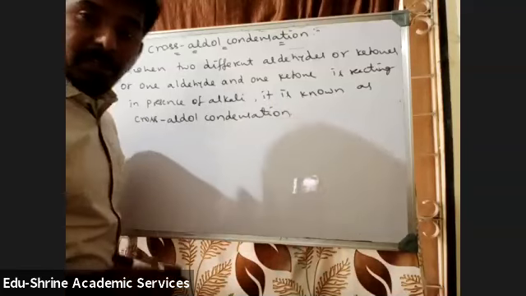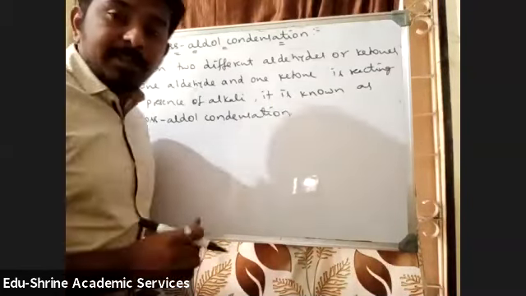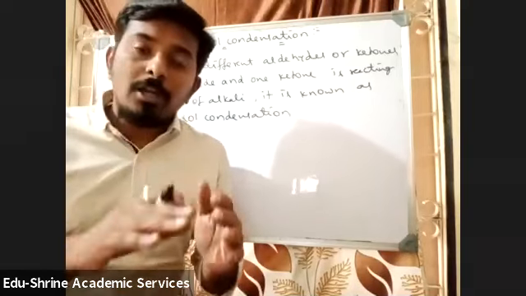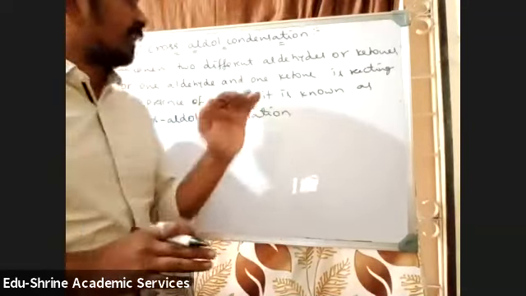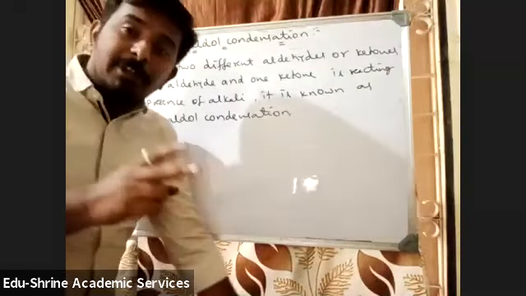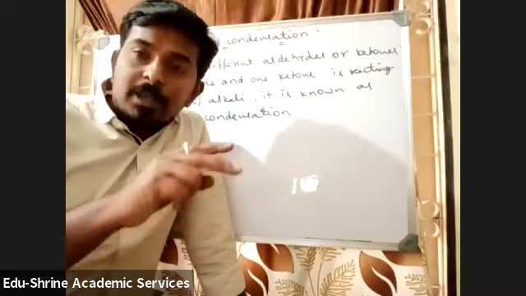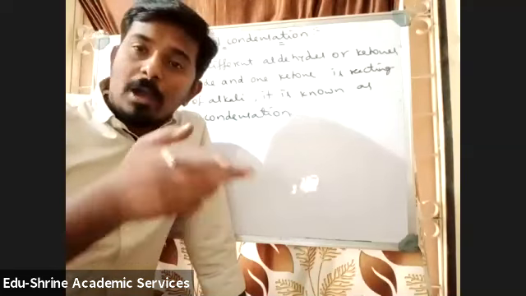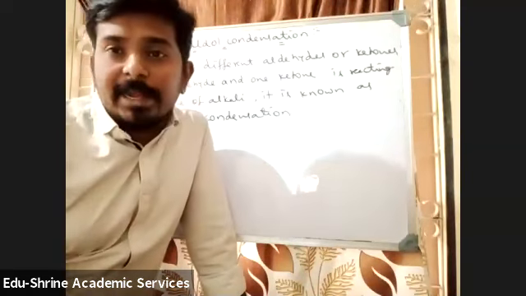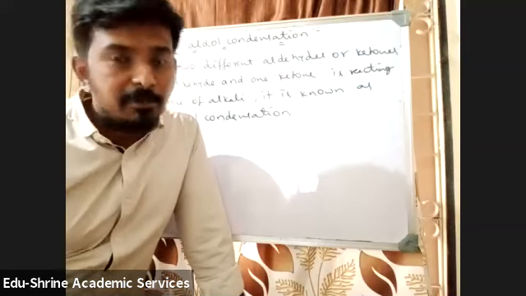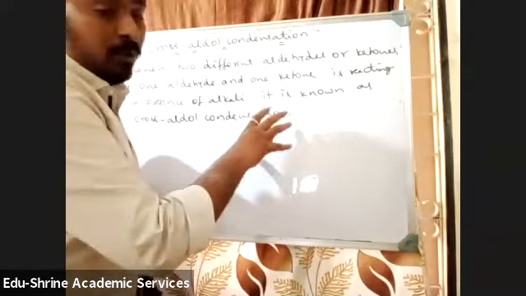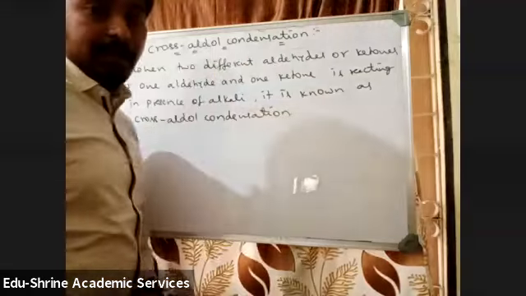In this again we can get two cases. See here what is being done, students, listen here. In aldol we are having two same types of aldehydes or two similar types of ketones. In cross-aldol we will be having two different aldehydes or two different ketones, or it may be a reaction between one aldehyde and one ketone. So when they are undergoing the reaction, it is called cross-aldol condensation.